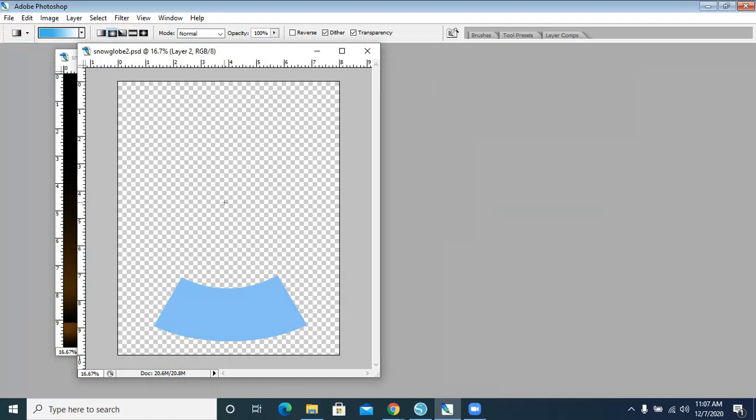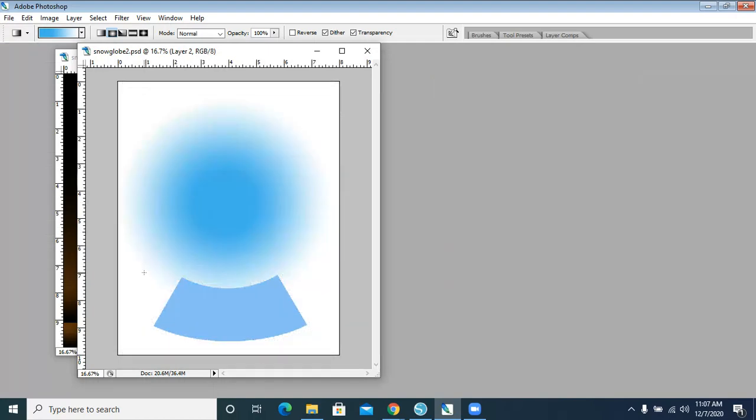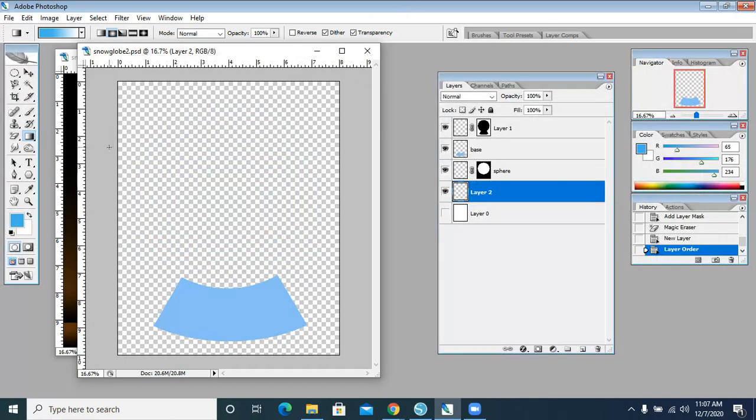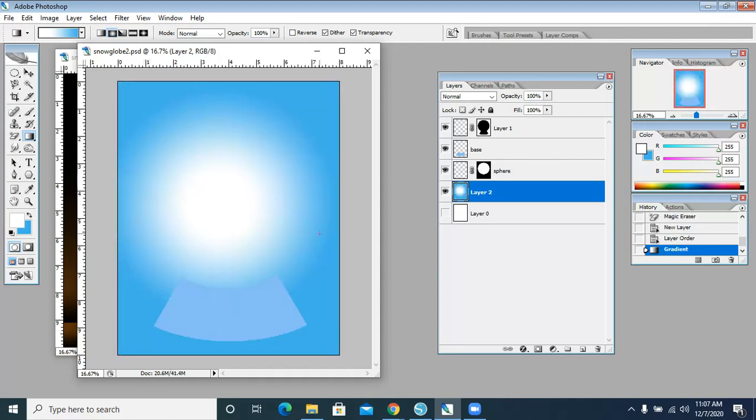Now I'm going to start playing around. I'm going to click in the middle and drag out. Oops. And I think I want to switch those colors the other way around. Click in the middle and drag out. That might be a little bit too much. We'll see. I'm going to come back up to my layer 1,